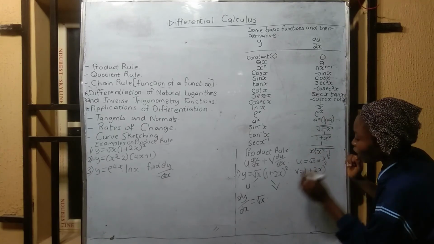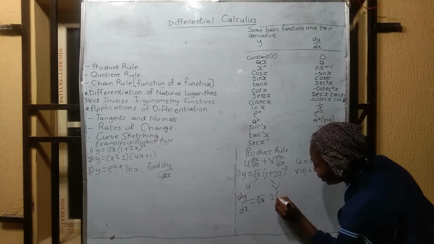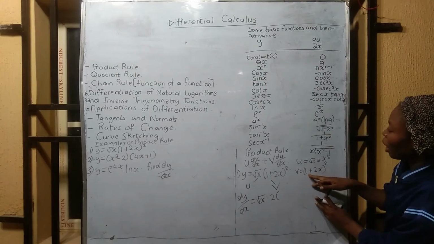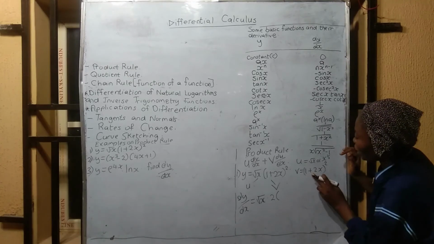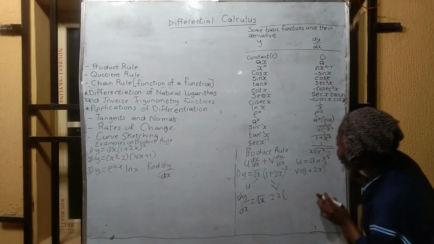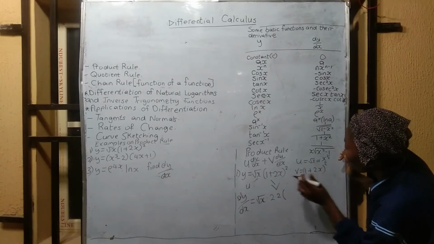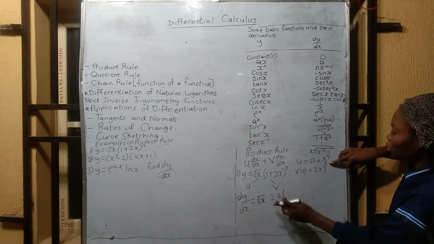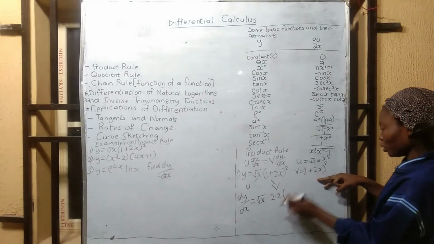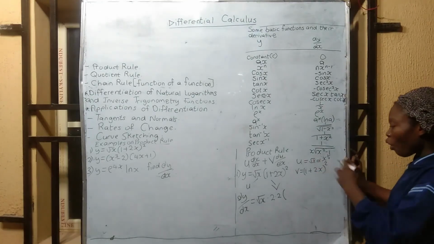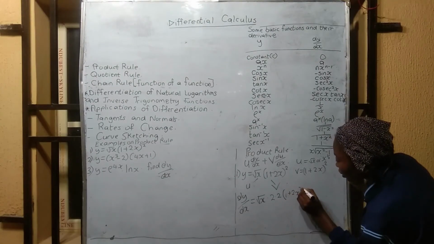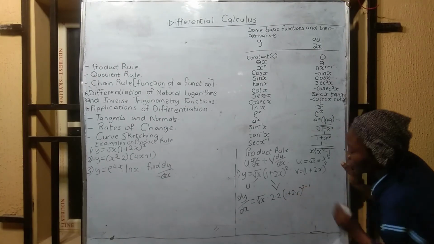We have to first talk about the whole bracket before we differentiate what is inside the bracket. So now this 2 has to come down. We have 2. Then differentiating what is in the bracket, our 1 is a constant, so that's 0. But now when we differentiate 2x, we have what? 2. So dot 2. So first of all, we brought this 2 down, then we differentiated what is inside the brackets, which is 2x, which is 2. Then we now differentiate the whole variable, which is 1 plus 2x, to the power 2 minus 1,